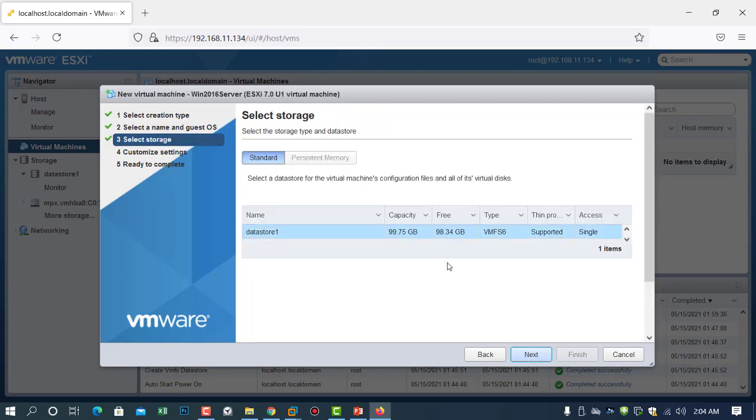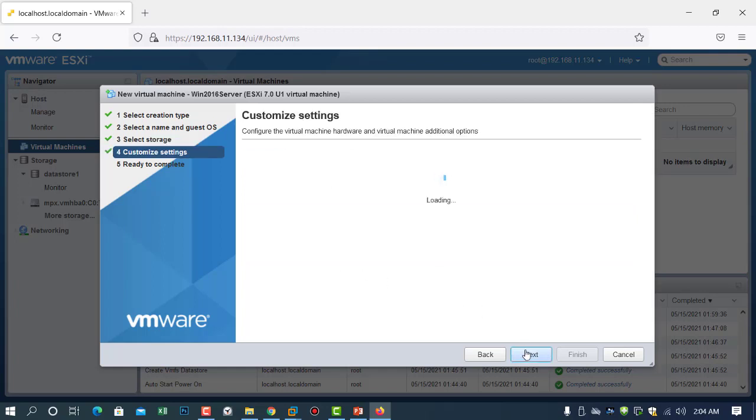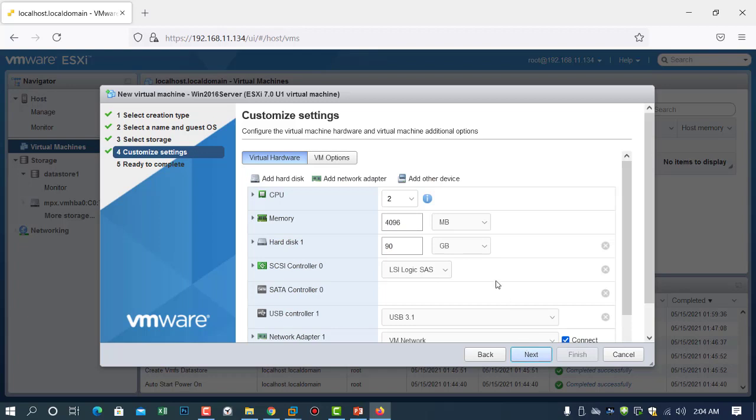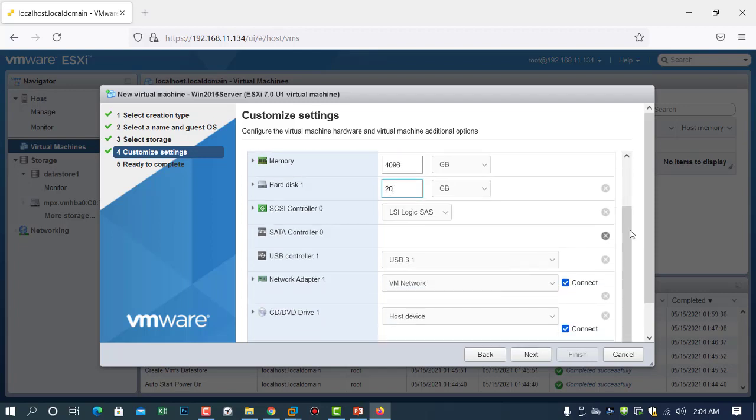Click next and select the storage DataStore. Click this DataStore, which is DataStore 1, and here you should customize your hardware settings like CPU, 2 CPU, and RAM. For example, we give this machine now 2 GB RAM, and for the hard drive we give it 20 GB hard drive, and